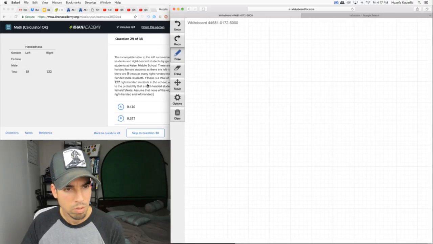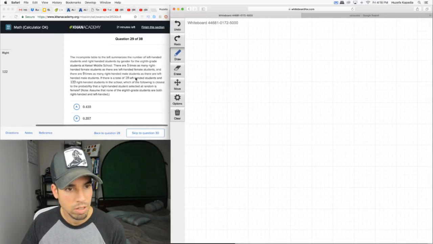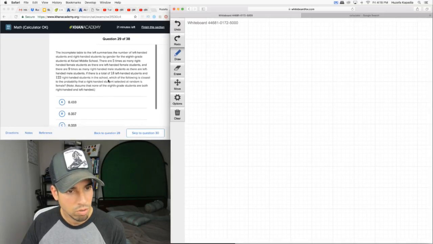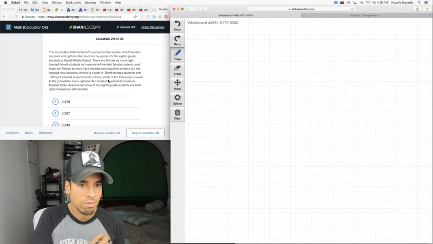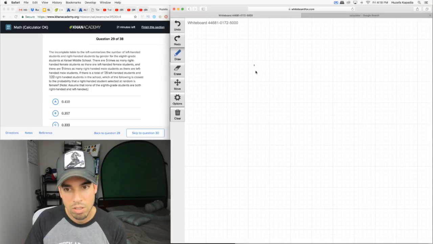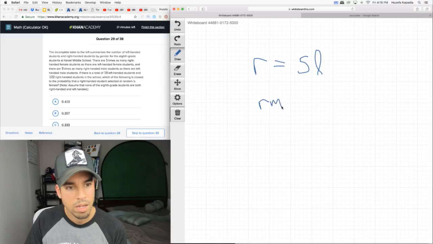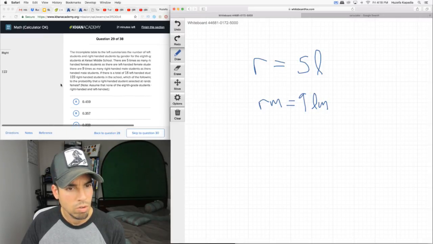Two more. The income before the easy questions. The incomplete table to the left summarizes the number of left-handed students and right-handed students by gender for the 8th grade. There are 5 times as many right-handed students as there are left-handed students. So therefore 5 times the number of left-handed equals right-handed. And there are 9 times as many right-handed male students as there are left-handed male students. There's a total of